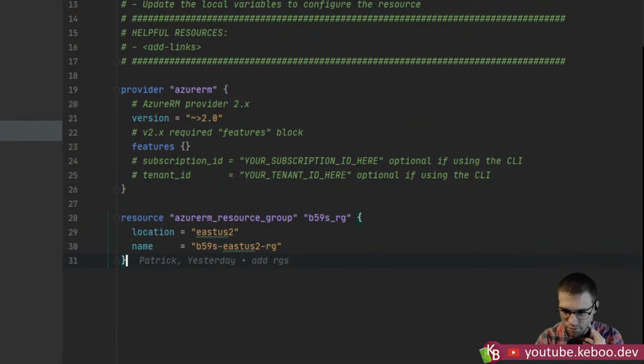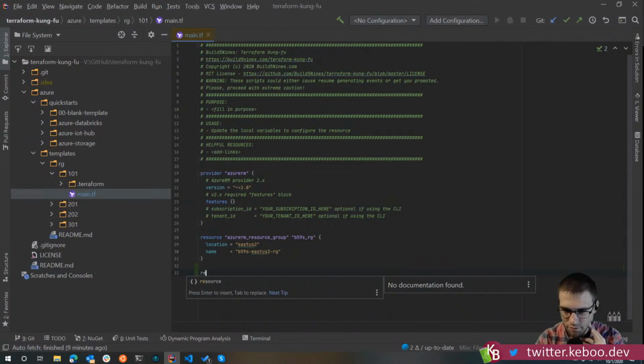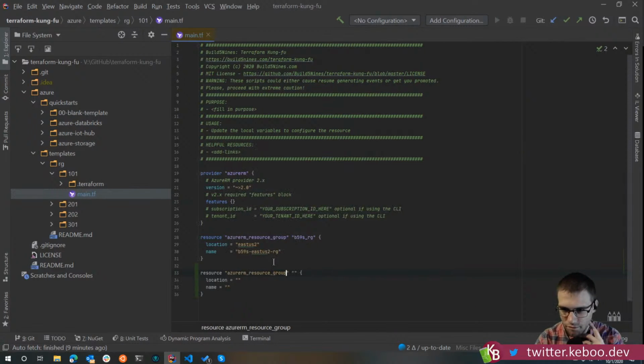And then we hard coded a location and a name, and those were provided by the provider, just like you would think. I could just start typing resource, hit tab, choose resource group, and then I could say stream_RG, and then put in that name.